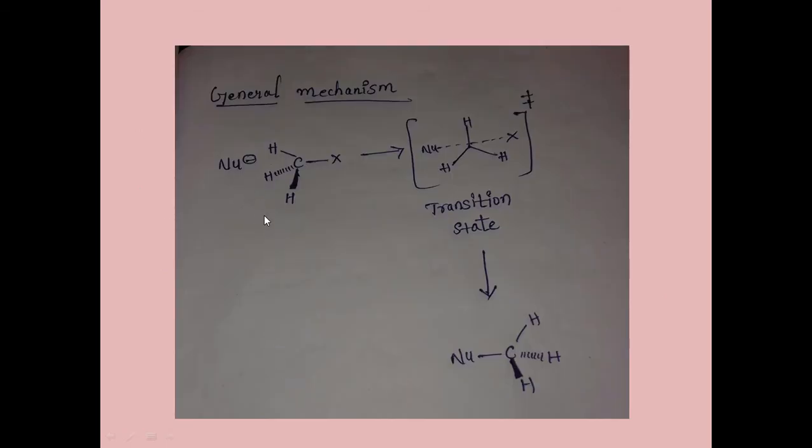This is a general mechanism. This nucleophile will attack this primary carbon, and then we will get this transition state. Here 2 partial charges should be written. Okay, this is the exact method that needs to be written. This is a transition state, trigonal bipyramidal, and we get the product where the nucleophile is attached from the back side. It attacked from the back, right? Here there is a halide; it gets space from here, the nucleophile attacks and the halide gets removed.